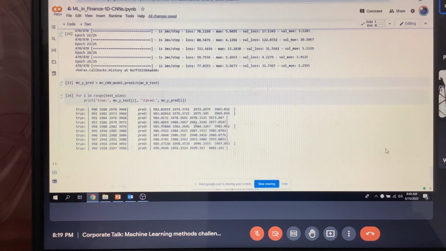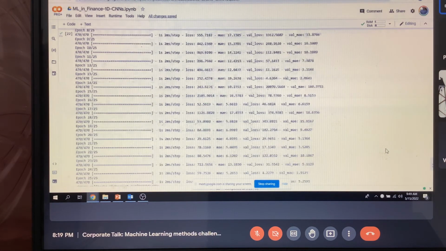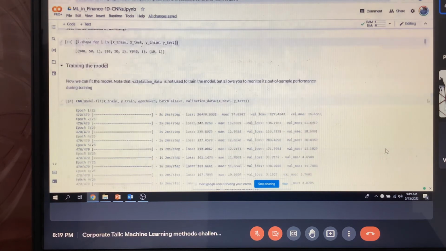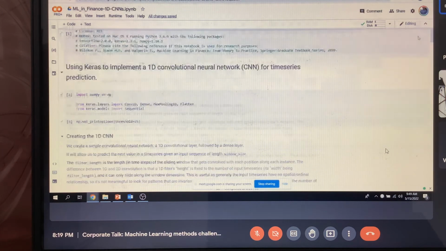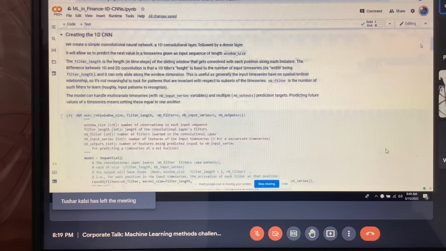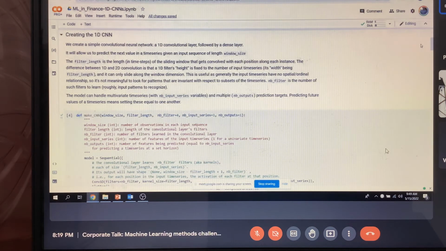So this is again with a single layer, but it takes both input and output. So the point I'm trying to drive home is that it is possible. This was just a one-dimensional CNN, just a single layer, to show that that's how a neural network tries to learn, make an estimate.